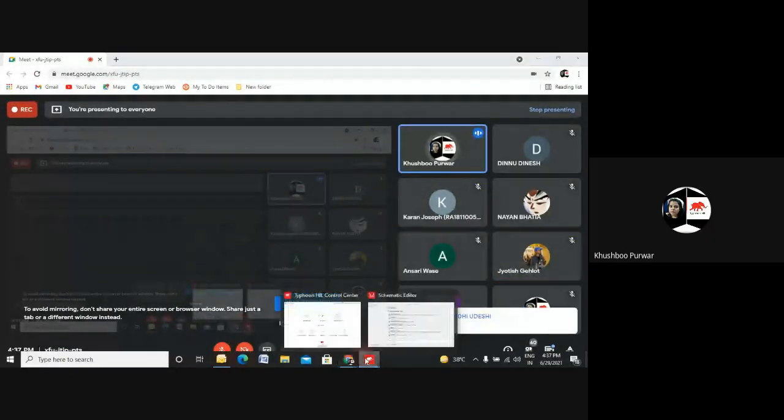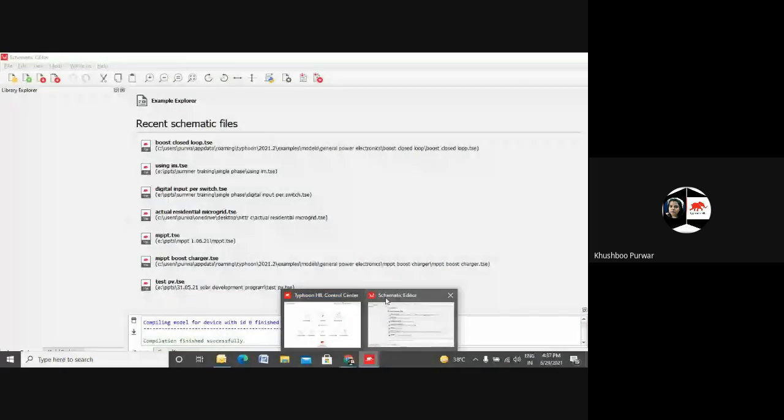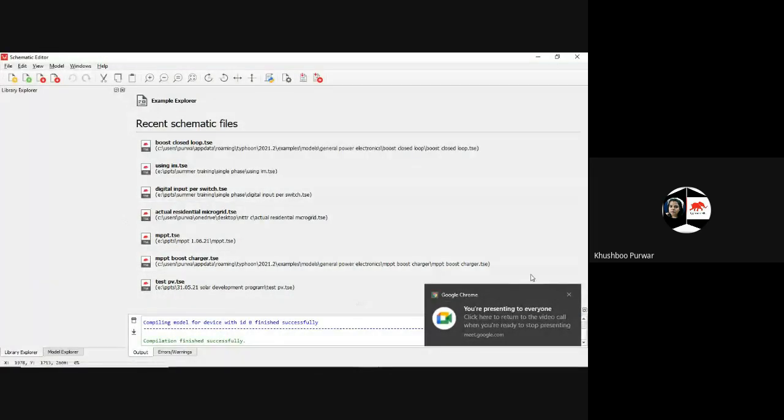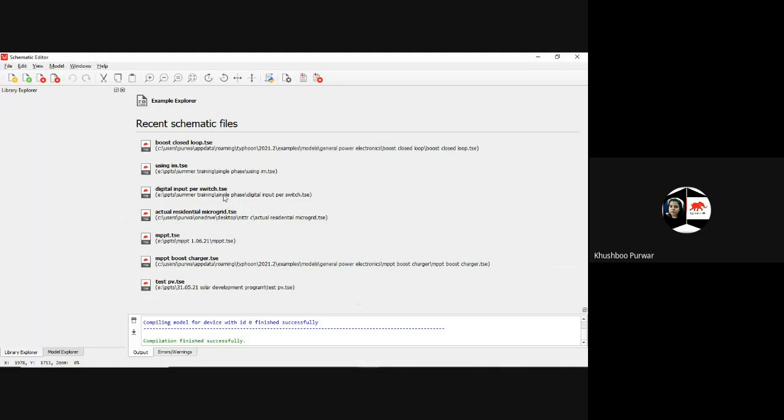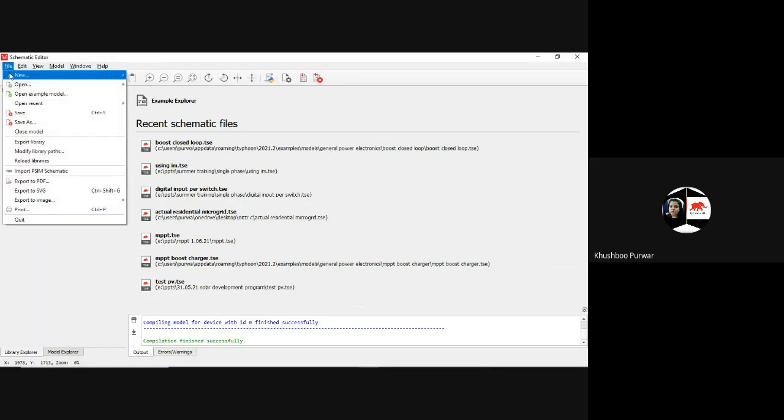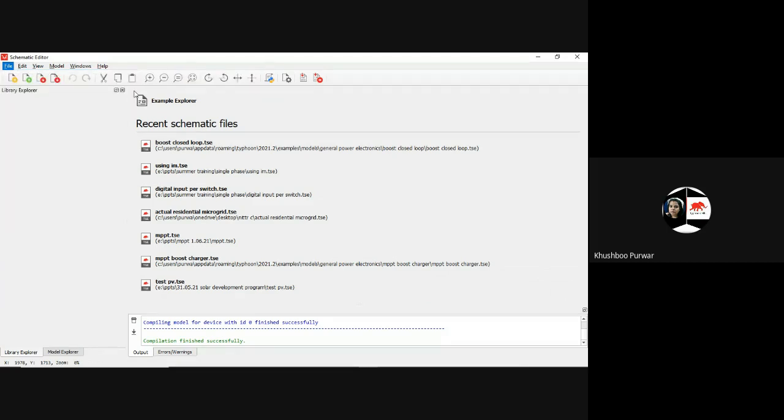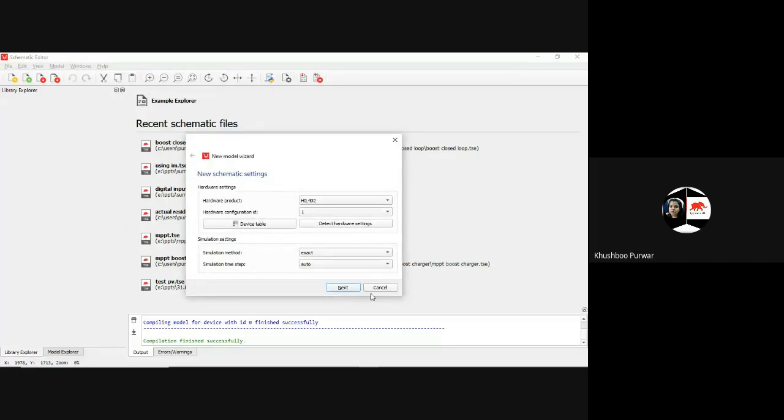So coming towards our Typhoon Hill Control Center in the schematic editor, the same thing we will do. That is, we will go to the file option, click on new, and in new you will go to the new model, as we will be creating a model for the boost closed loop controller.